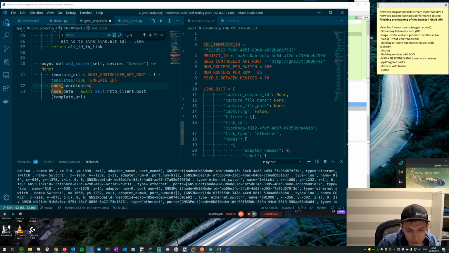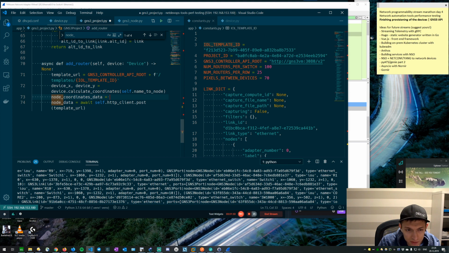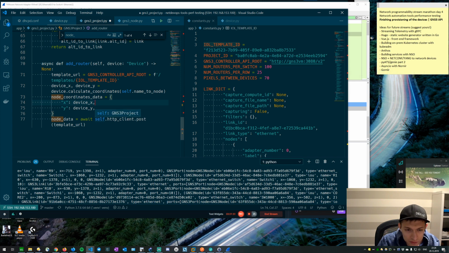node coordinates data is going to be, okay, so node coordinates data is going to be x is device x, yes, and then y is device y, node coordinates data, and then node data is going to be post